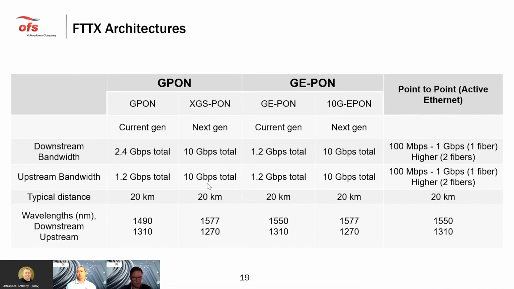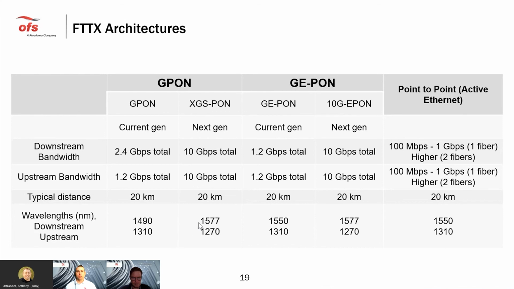From a point-to-point perspective, what's being offered today is roughly about 100 megabits all the way up to a gig. You can potentially go higher, though a lot of times you may need to add a second fiber. They're also looking at ways to increase the speeds and bandwidth on point-to-point. One of the things I want to touch on here is the wavelength aspect